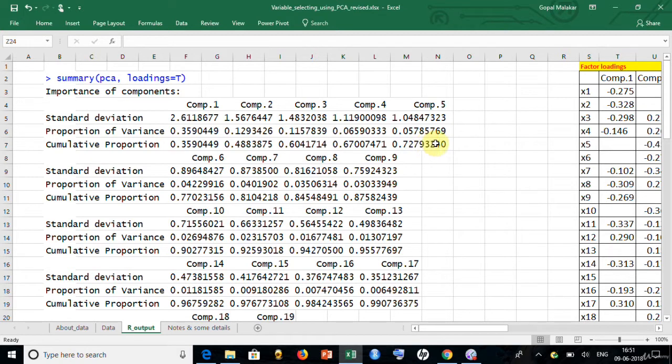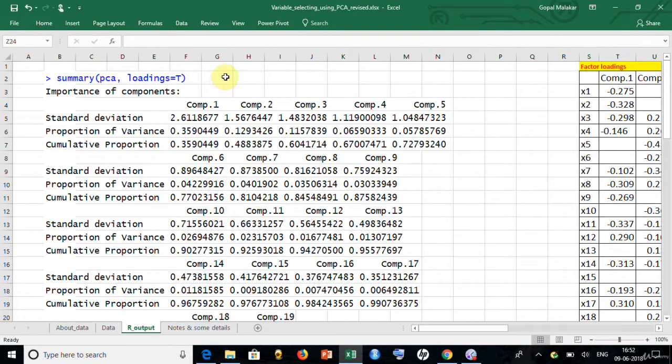of the total variance. As a rule of thumb, I will suggest to take as many components as explain at least 70%. One more thing you need to keep in mind is that you will always have to apply your common sense. So if it was 5.7 and this was 5.6, probably you could have taken this one also.